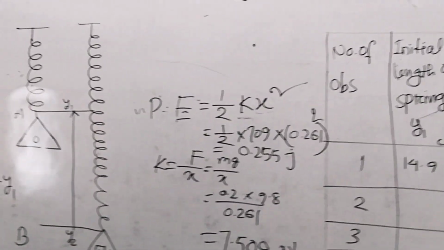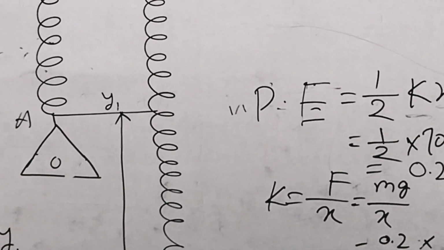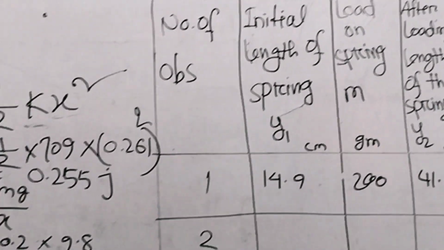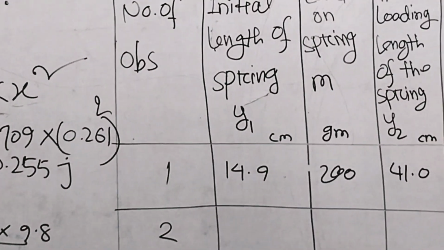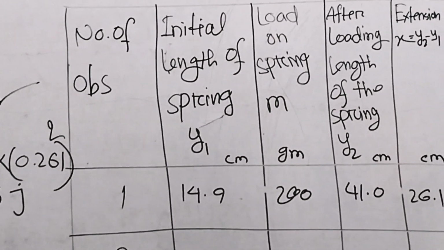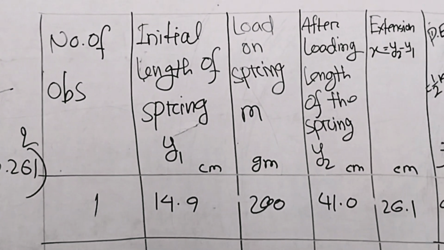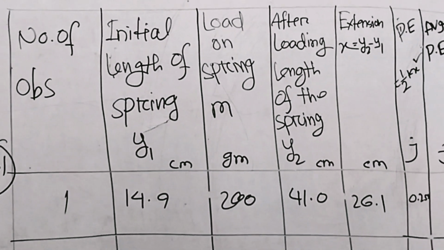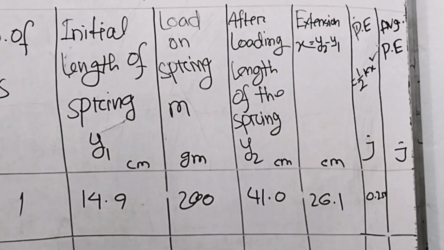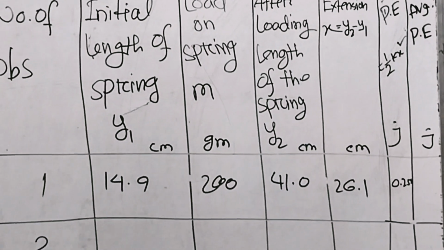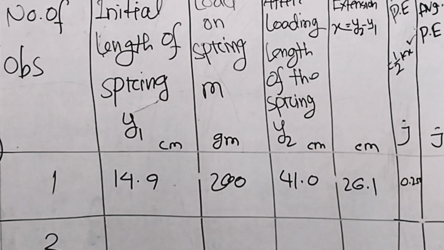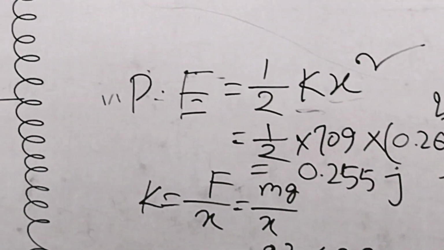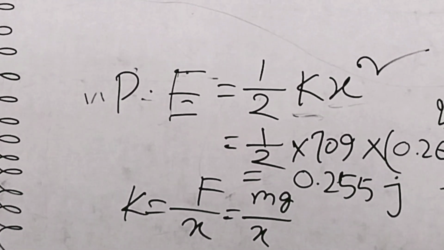So here I have taken one reading, that is the initial length of the spring, 14.9 centimeter, and I have placed a 200 gram load on the spring. Then after loading the spring, the length changes to 41 centimeter. So extension equals y2 minus y1, that is 41 minus 14.9, so 26.1 centimeter. Now if I put all the values, then